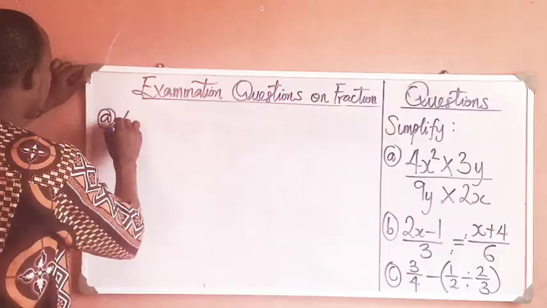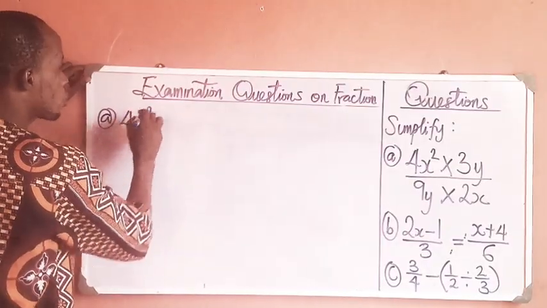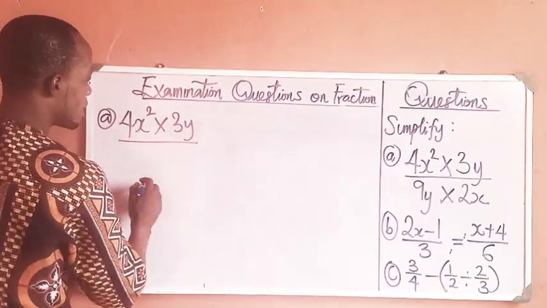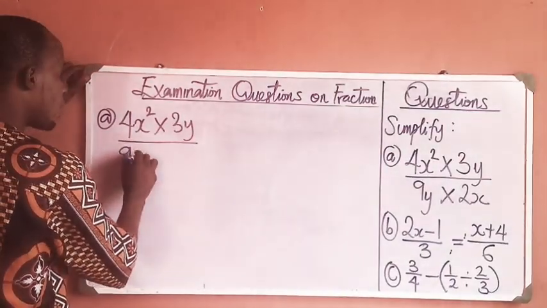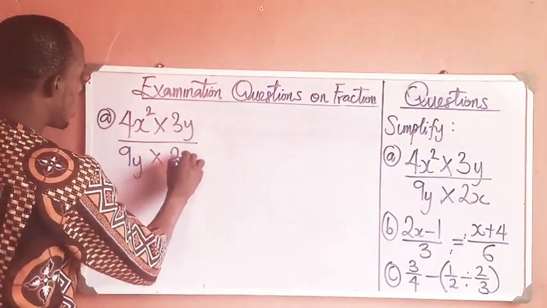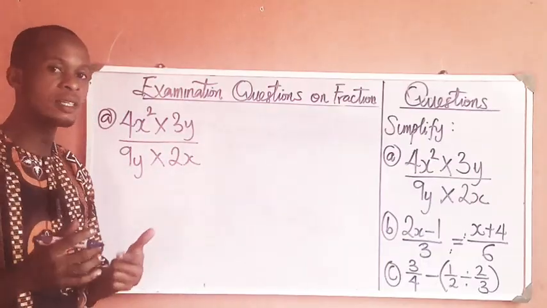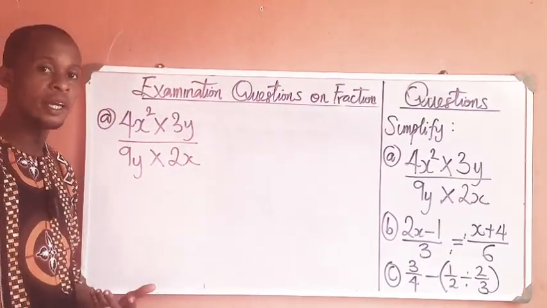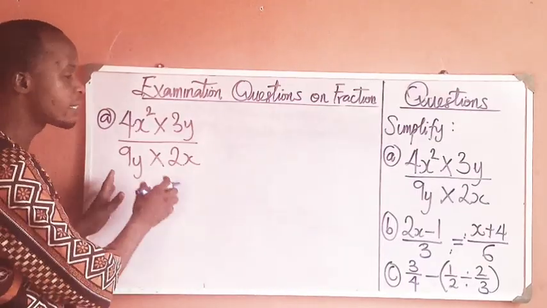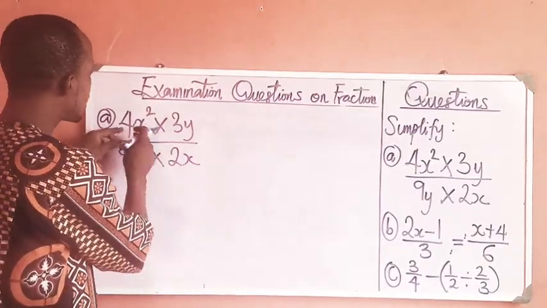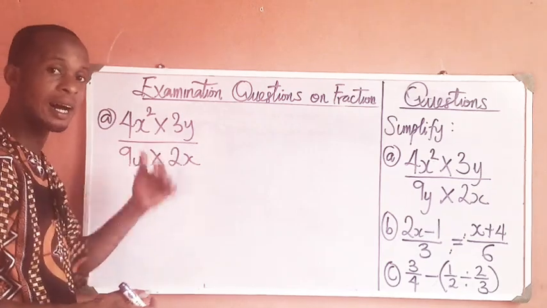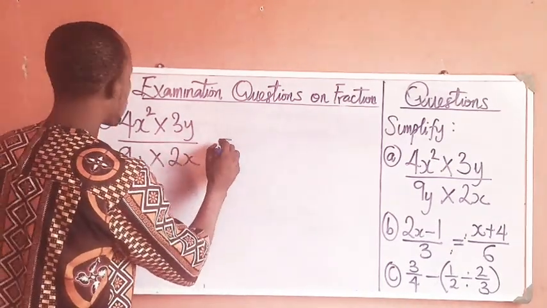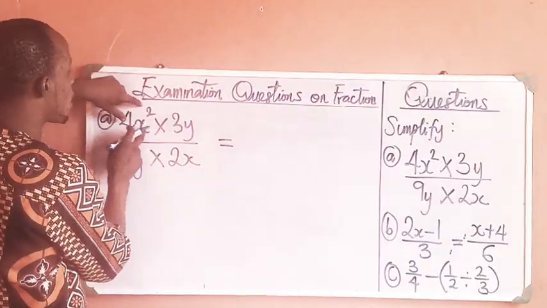Question A says we have 4x raised to power 2 multiplied by 3y all divided by 9y multiplied by 2x. If I have this kind of question in my exams, what am I supposed to do? What you really need to do in this case is to expand each of the terms that are in the question. So the next step will simply be equals to, we are going to expand 4x raised to power